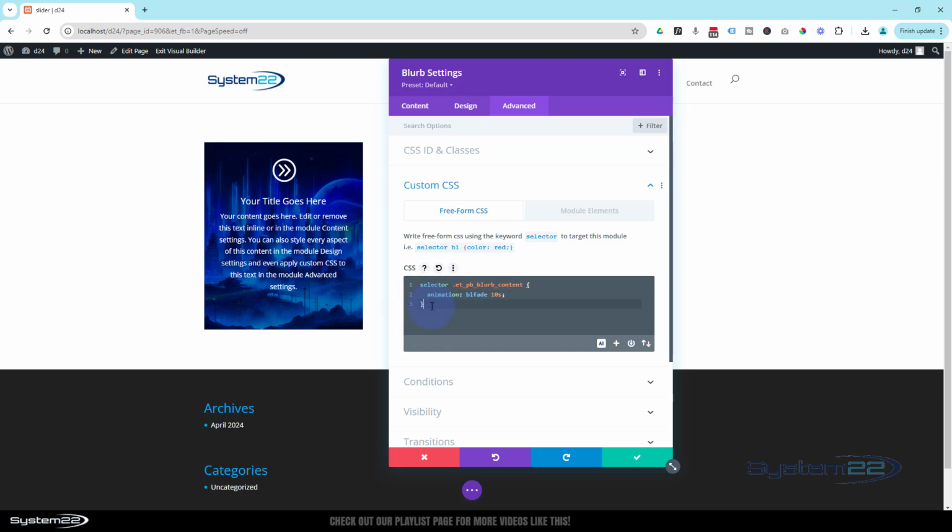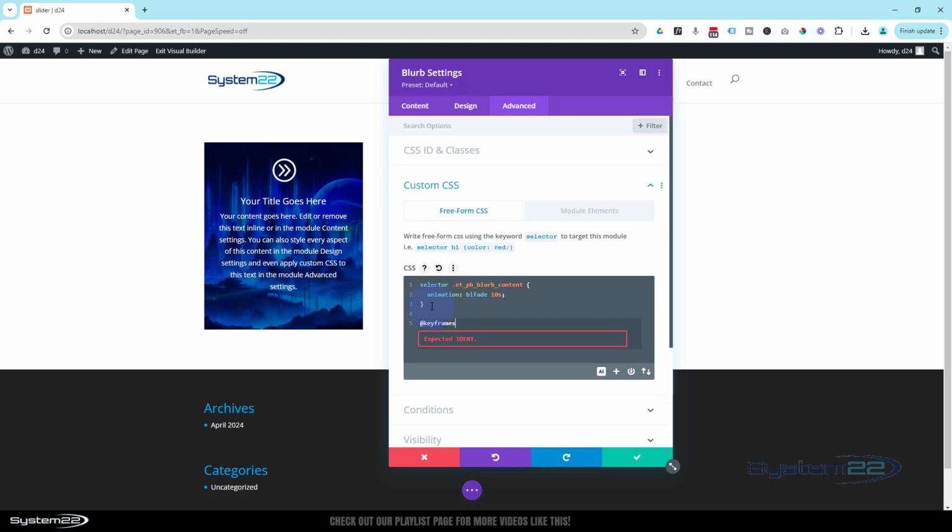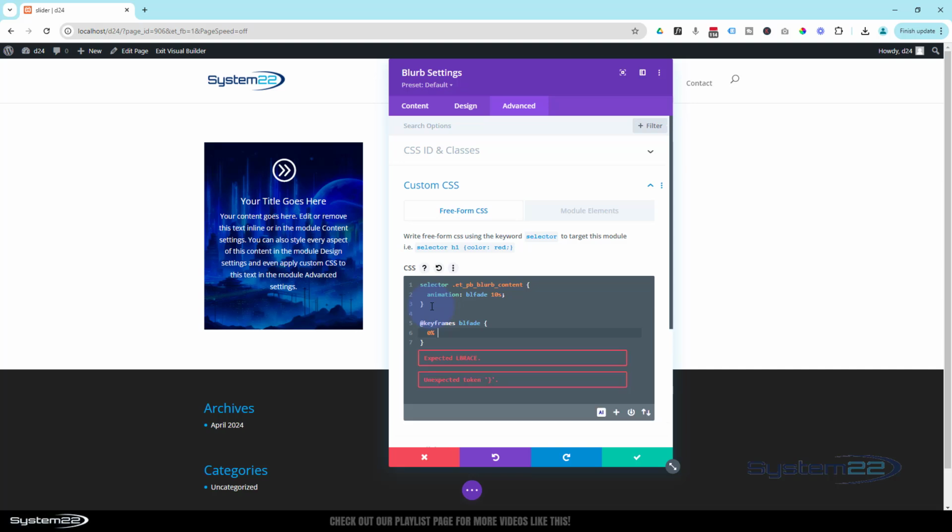Fantastic. Now we need to create this little animation that we've called blfade here. We're using keyframes to do that today. That's a bit like stop frame animation. We've got a timeline of 10 seconds. We can tell it what we want it to do along that 10-second timeline. So we'll say at keyframes, then we need to give it the name that we gave it above, which is blfade. And we can almost close some more curly brackets here, tell it exactly what we want it to do. So at 0%, when the page loads, basically the start of second one of our 10 seconds up here,